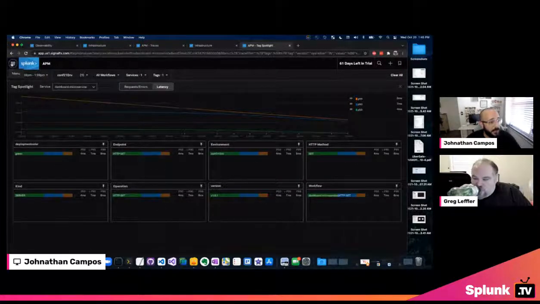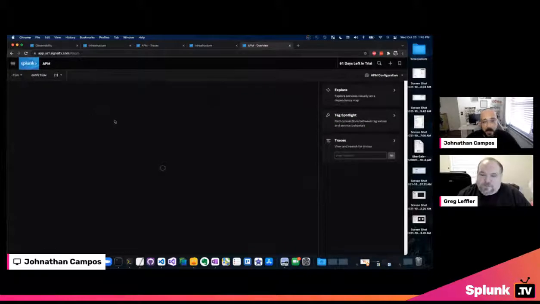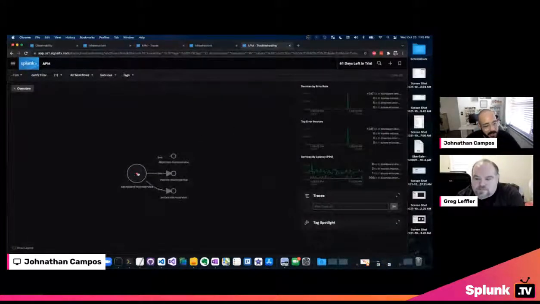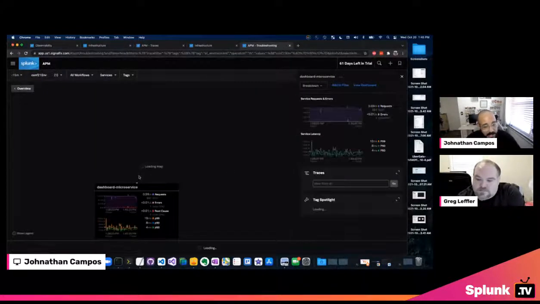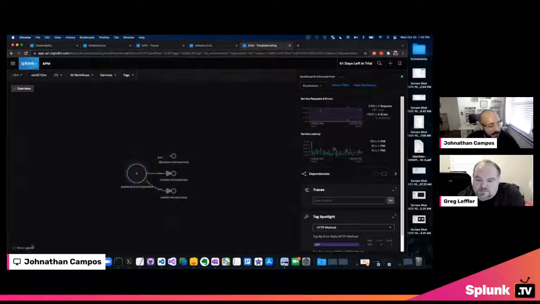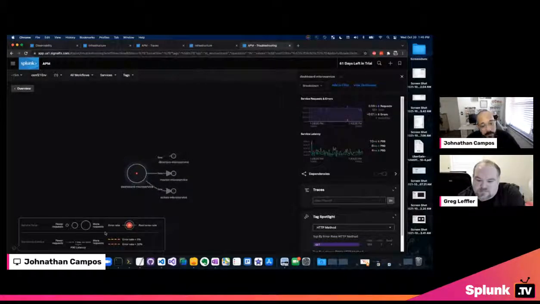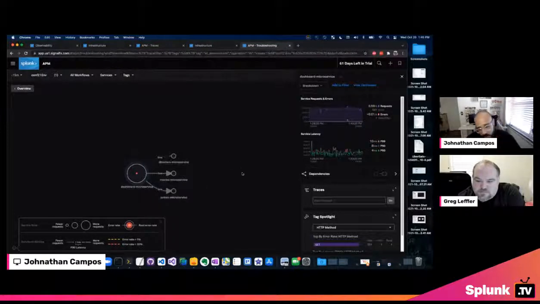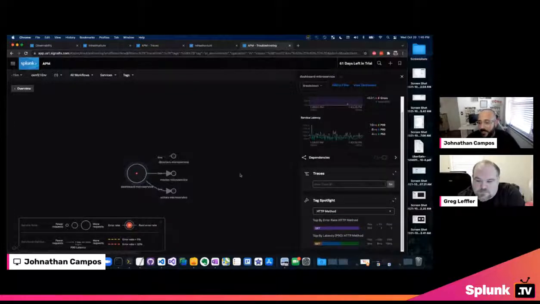And those are all great points, Greg. Now let's take a look at our service map here, and we can see that we are experiencing some errors with the dashboard. We can see that dynamically update, and we provide you down here with a pretty cool little legend where we can understand what's going on. We can easily see these lines reflect the requests, whether there are fewer requests or more requests. And again, it's very simple and easy to break down.